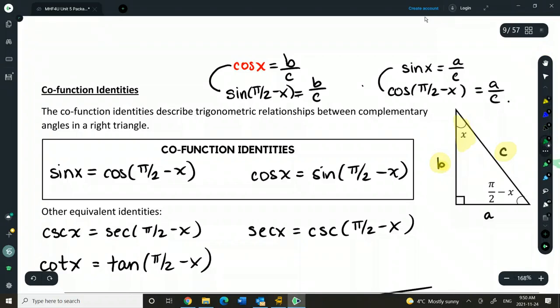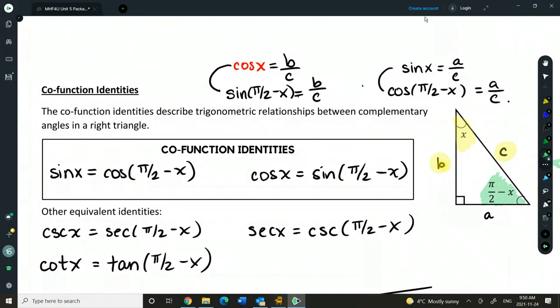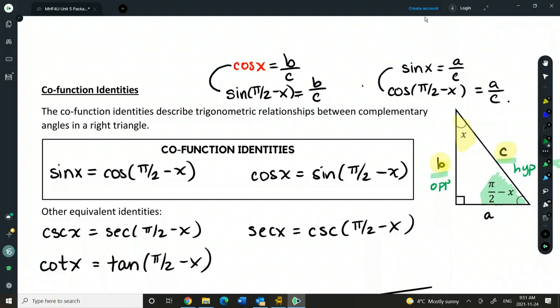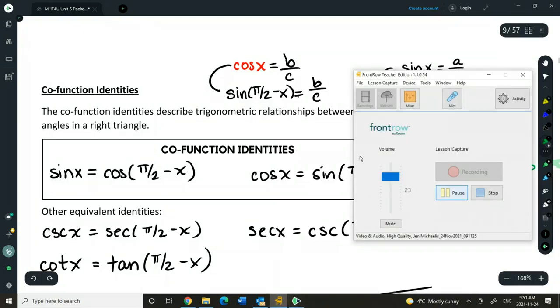Now if I switch this to my reference angle, what trig ratio will give me the same b over c value? Sine. Right, because this becomes opposite and this becomes hypotenuse, if this is my reference angle. So we're saying that sine is also equal to b over c. Okay. And then by the fact that the ratios are the same, we know that those are equal. Thank you. No problem. Okay, guys, so the first part of this,